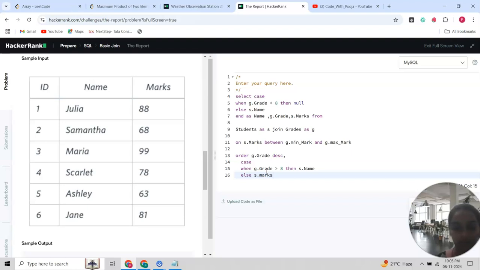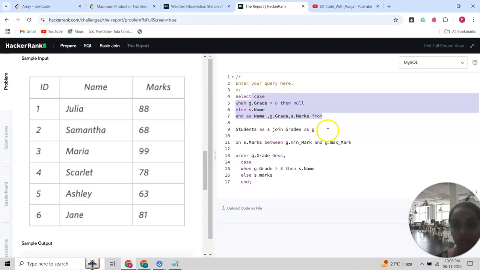And that's it, end. So this is for the columns, this is how the tables will join, and on which condition they will join,